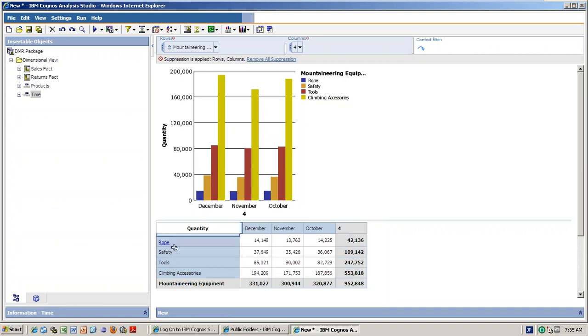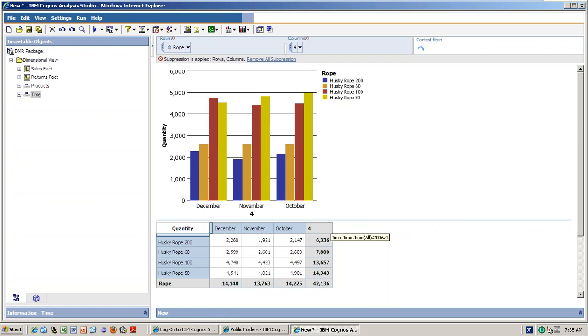Okay. So if you change here, I want only rope, under rope what are the products there? If you change here or here or here, anywhere, it is the same thing. It will impact everything. See this.